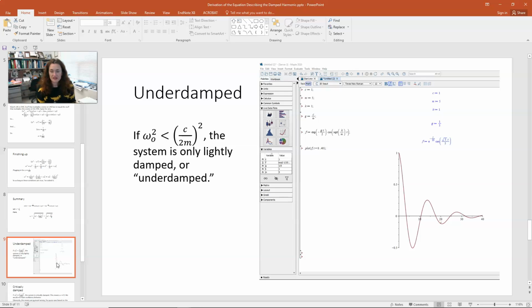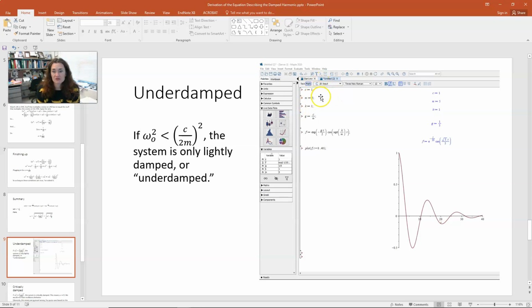And within that envelope of exponential decay, you have this sinusoidal behavior. Okay, so that's what we imagined. And if you plot the function for omega naught squared being greater than (c over 2m) quantity squared, that's indeed what you find. Okay, so for example, in a little Maple plot over here to the side, I put c